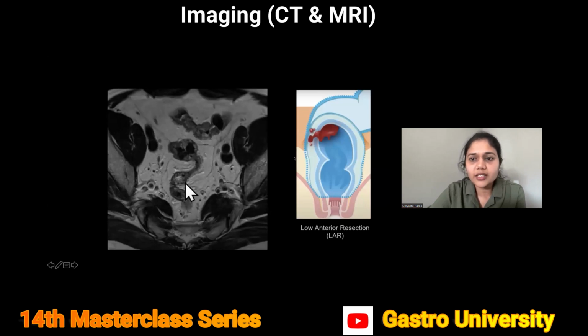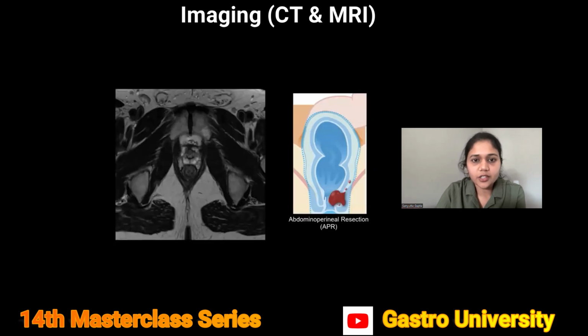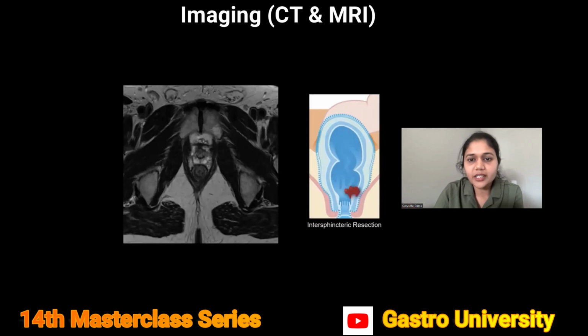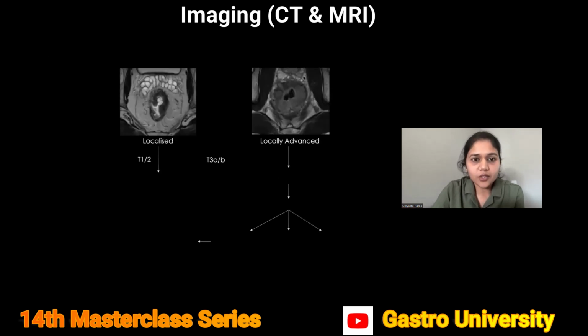And if the tumor is high above in the upper rectum, the patient can undergo low anterior resection. If it's already involving the anorectal junction and you cannot find a margin, it's less than 1 centimeter, then it has to undergo the abdominoperineal excision. And then we have the newer intersphincteric surgeries where we can save the external sphincter. So this is usually the treatment plan we follow.